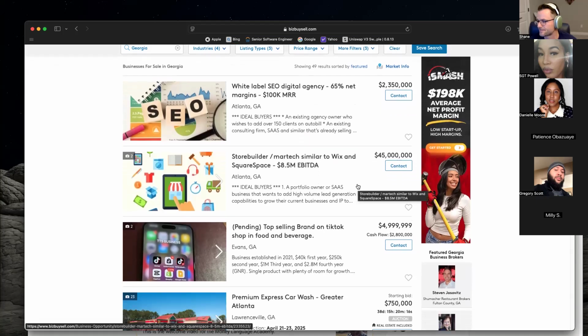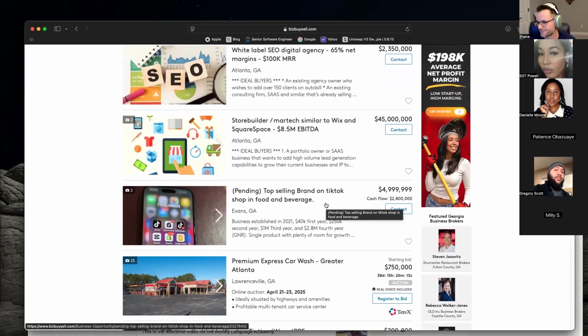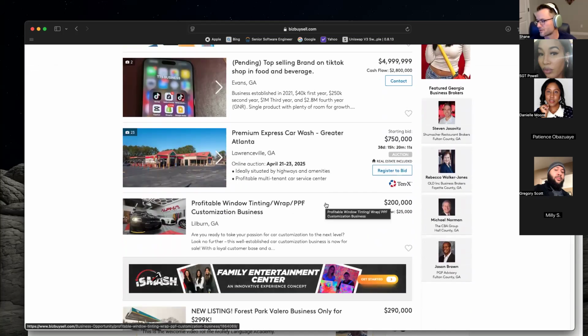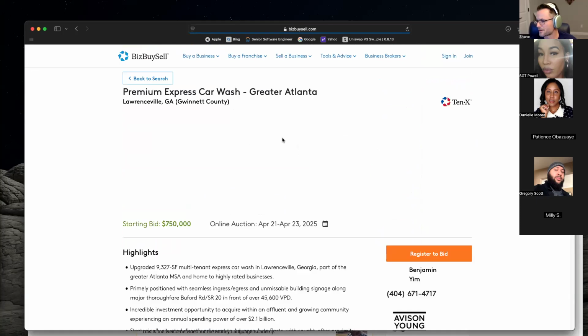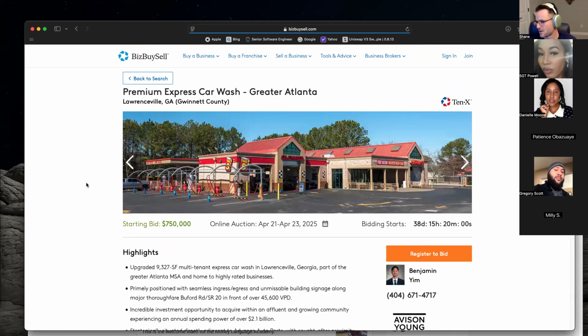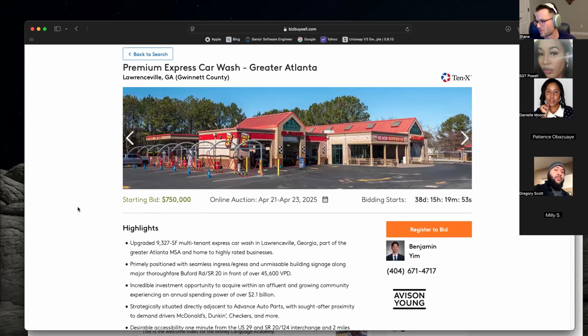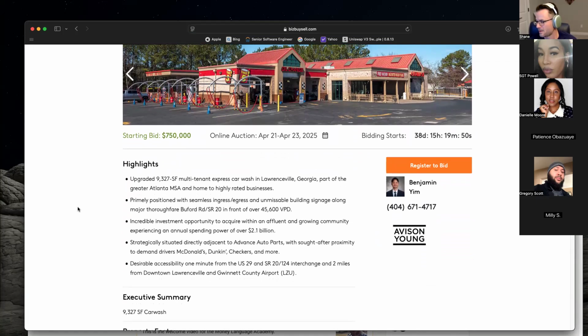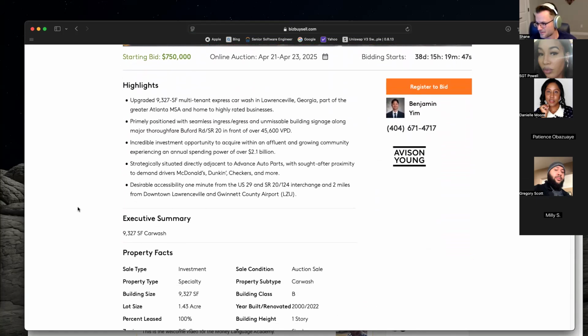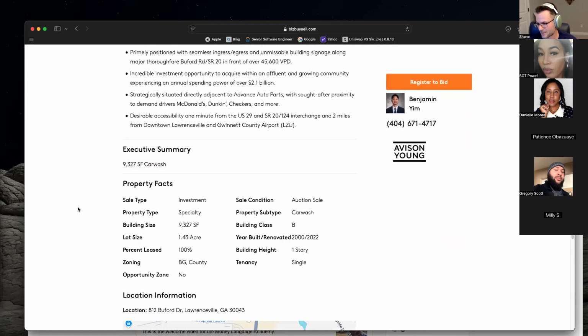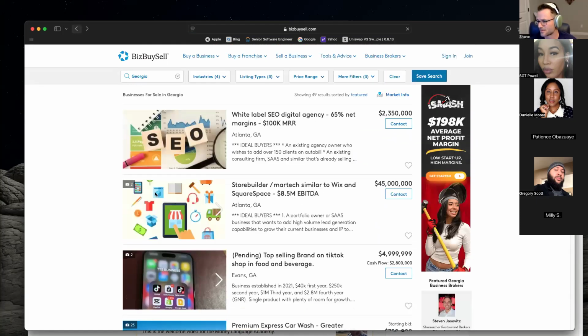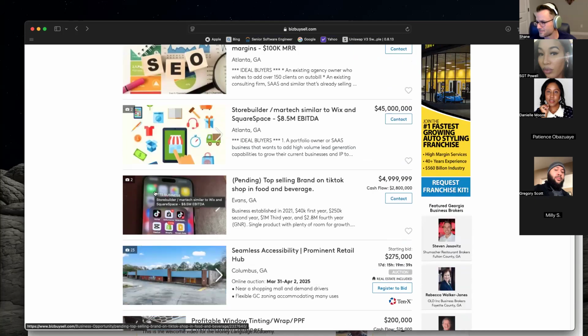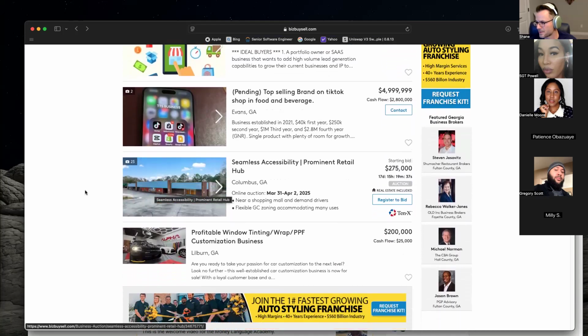Oh, top selling brand on TikTok. Okay, here's a car wash. Let's look at that. It looks like it's an auction though. I've never bought a business from auction. Okay, now these take fives, we have one in my hometown. They actually stay busy all the time, but it doesn't look like it has the cash flow. Yeah, there's just not enough information, so we'll skip this one. Let's see. Retail hub,